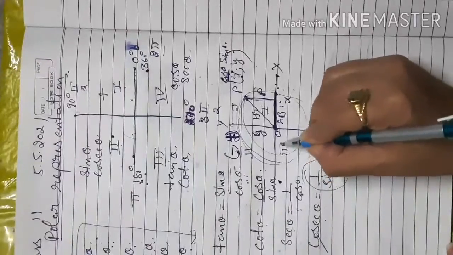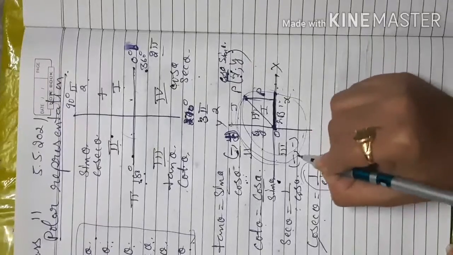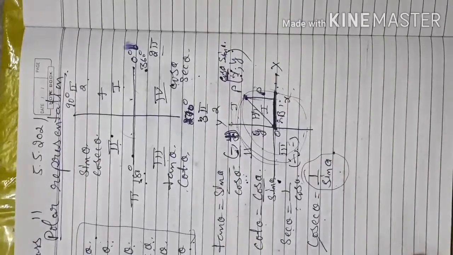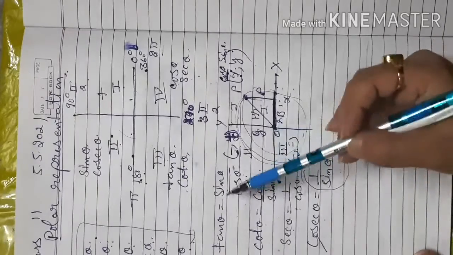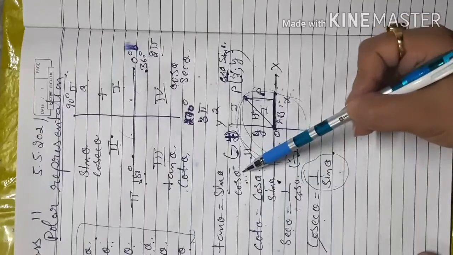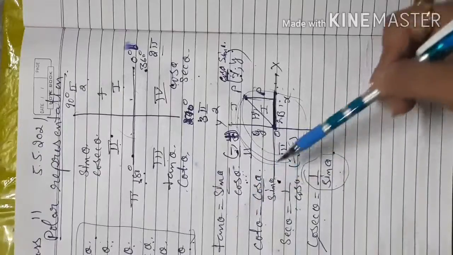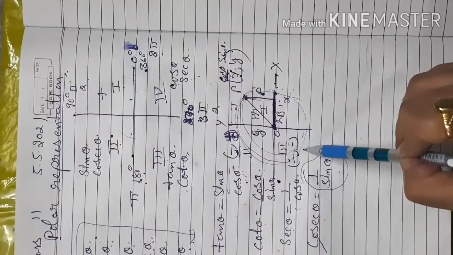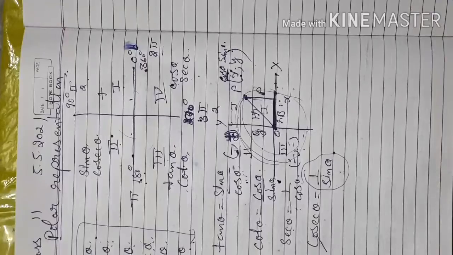Now if you look at the third quadrant, both x and y values are negative. So that means my sin theta value is negative and cos theta value is also negative, like this one cos theta and this one sin theta. Wherever both terms are used, the negative signs will cancel. Here sin theta is negative and cos theta is negative, and negative and negative cancel with each other. That means tan theta and cot theta are positive in this quadrant, and wherever only a single sin theta or cos theta is used, only those values will be negative.